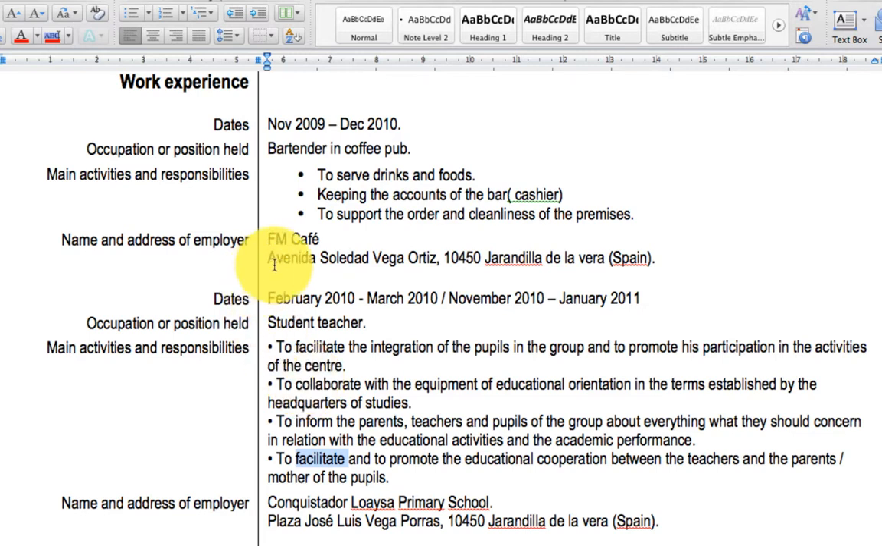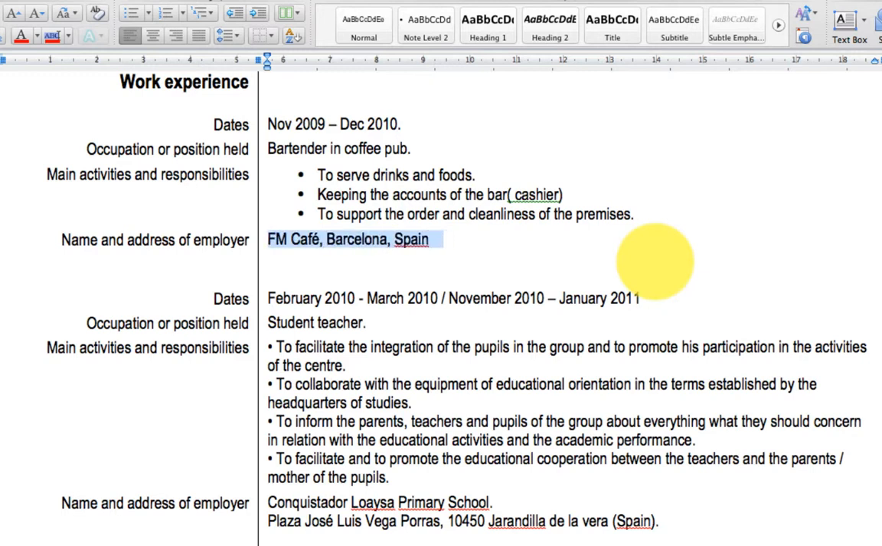Sixth point, Avenida Soledad Vega Ortiz. I'm from a place in Northolt in London. I have no idea where this place in Spain is. So my advice is, in the example that it's from Spain, from Barcelona, shall we say, you can put FM Cafe, Barcelona, Spain. So that is the format that you should follow,